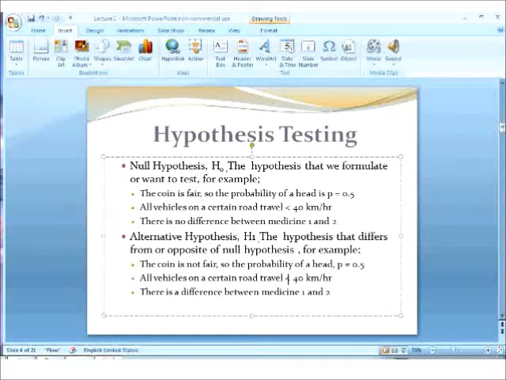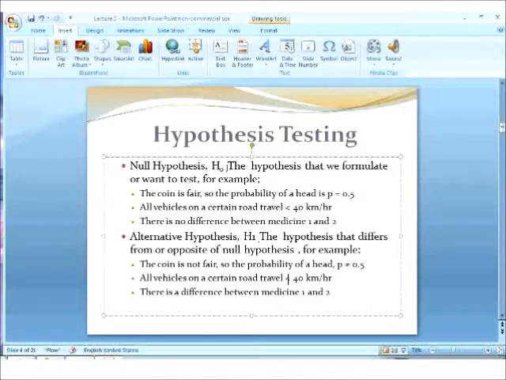flipped, then the probability of having a head is 0.5 and probability of having a tail is 0.5. So you'll say that your hypothesis is that the coin is fair, and then you conduct a test and you find out whether the hypothesis should be accepted or rejected based on certain parameters that we will discuss in our following slides. And then another example is that I formulate a hypothesis saying that all vehicles on a certain road,